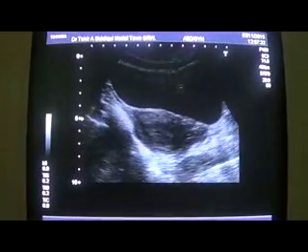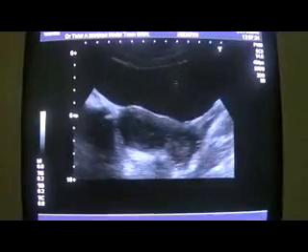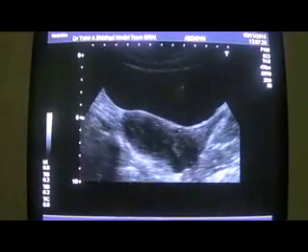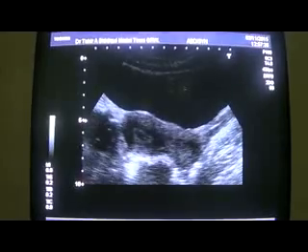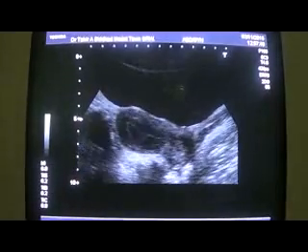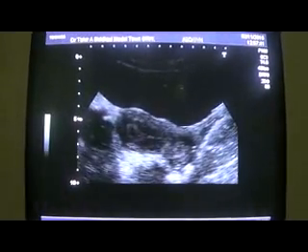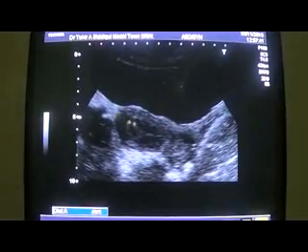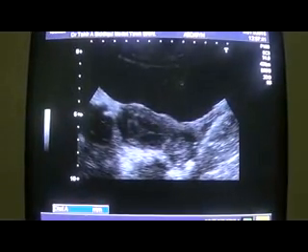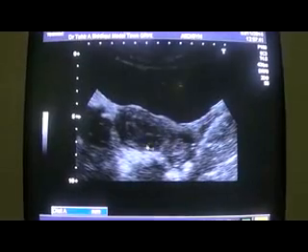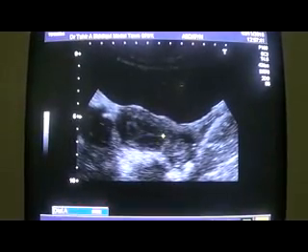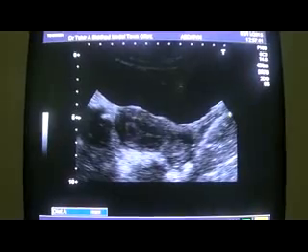Now, if I take a proper section of the uterus, aligning the uterus with the vagina, this is the proper longitudinal section. As you can see, vagina, cervix, and the uterus. This is called the aligning of the uterus with the vagina.